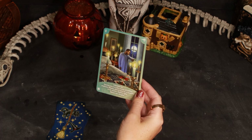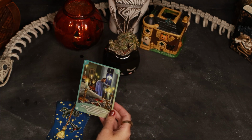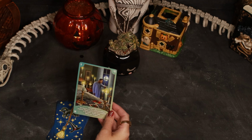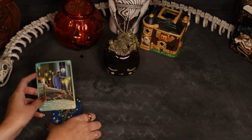So this is going to be a little bit of a difficult week for you, it looks like. We've got some sleepless nights. It's interesting that we have the full moon here. We have a full moon on October 31st as well. Let's see what we can do with these cards to...